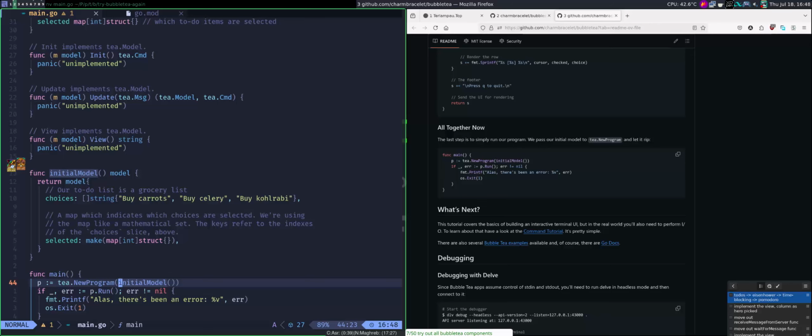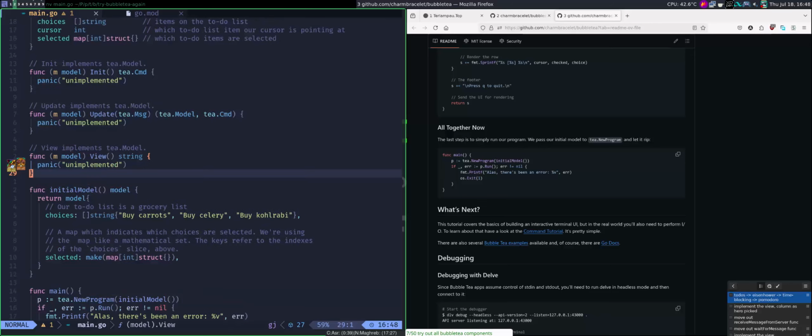And the error is gone. And I have 3 new methods, 3 new functions, Update and Init and View, although everything is not implemented yet. Now I'm going to explain these 3 methods, what the function is.